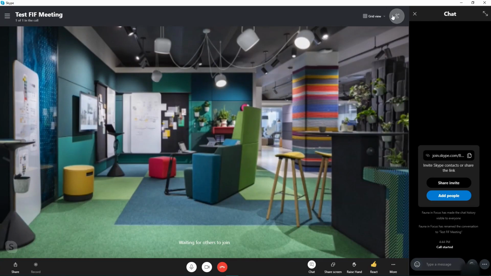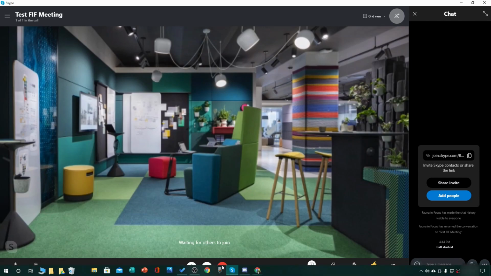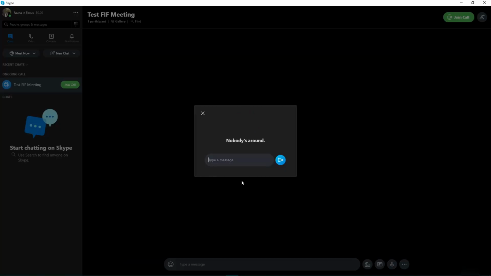So Skype is, in my opinion, one of the better options, although it does tend to get a little bit laggy and buggy when you have more and more people coming in. The thing that I like about Skype is that it's built into your Windows computer already, and it's already associated with your Windows account. So no need to download additional software, no need to create another account, which is always something that I have to consider. So I'm going to go ahead and end that Skype call, and we're going to go and talk about our